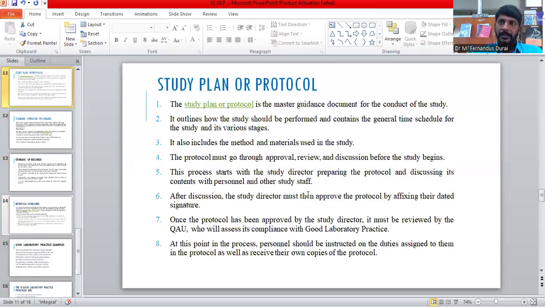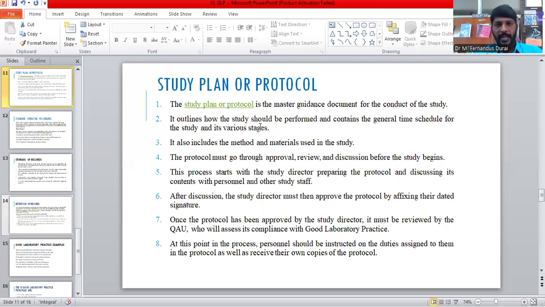Okay. And the study plan or protocol. It's very, very important. The study plan or protocol is the master guidance document for the conduct of the study. It outlines how the study should be performed and contains the general time schedule for the study and its various stages. It also includes the method and the material used in the study,